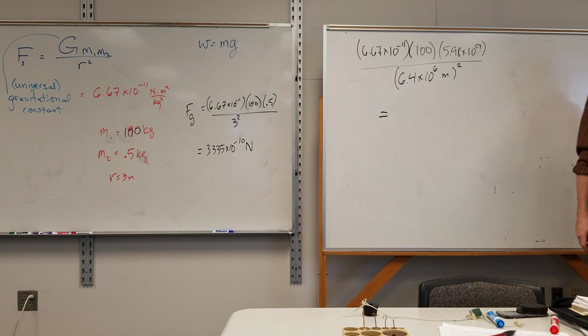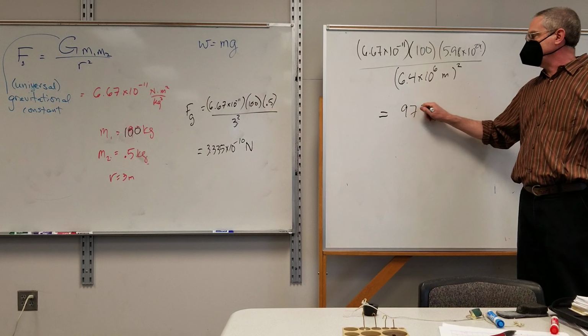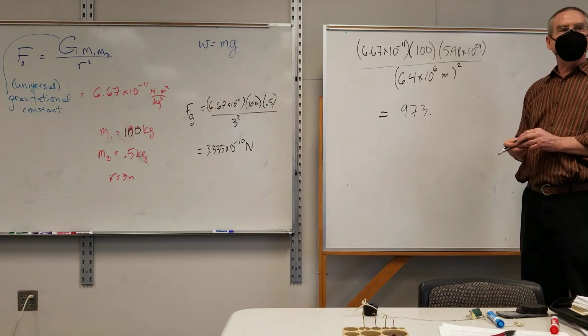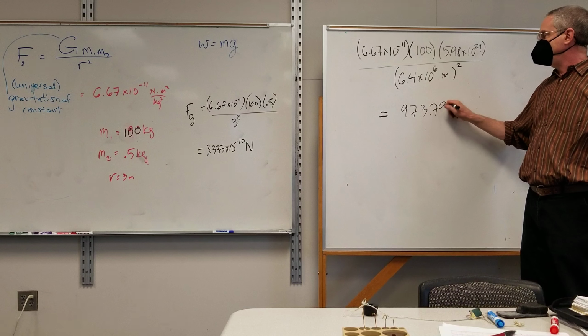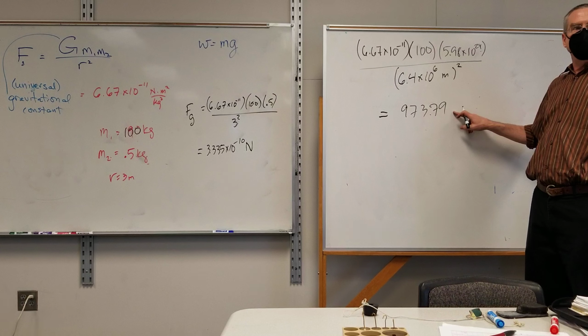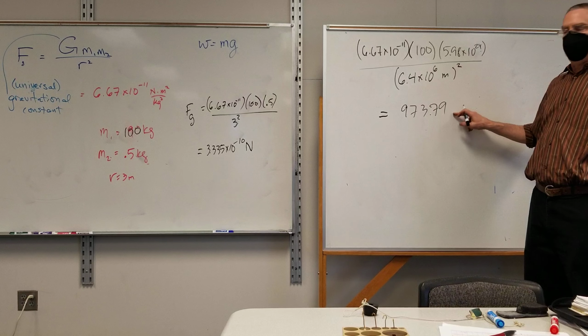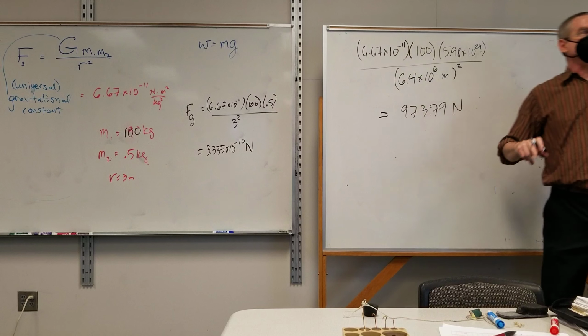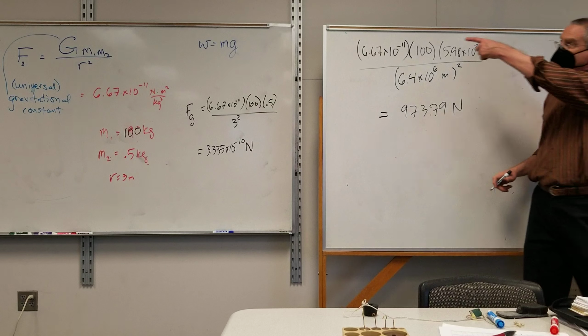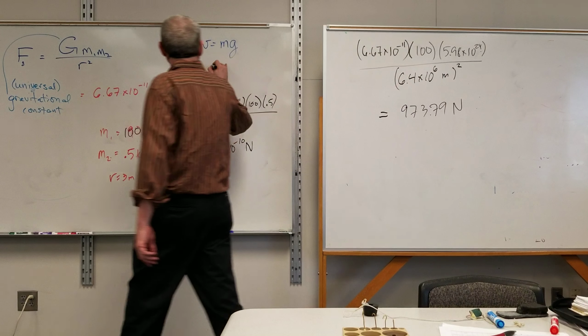Middle of pandemic week. 973.79? 973 point something, 79, yeah. 79 units. This is the force. newtons. Yep. All right, if I'd done it the other way, if I just found my weight of mg, well,